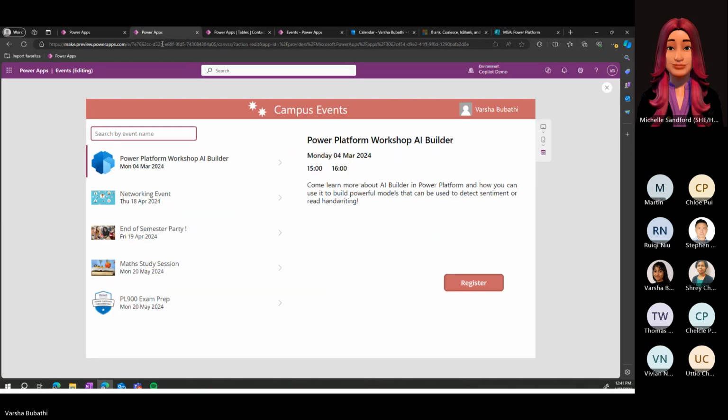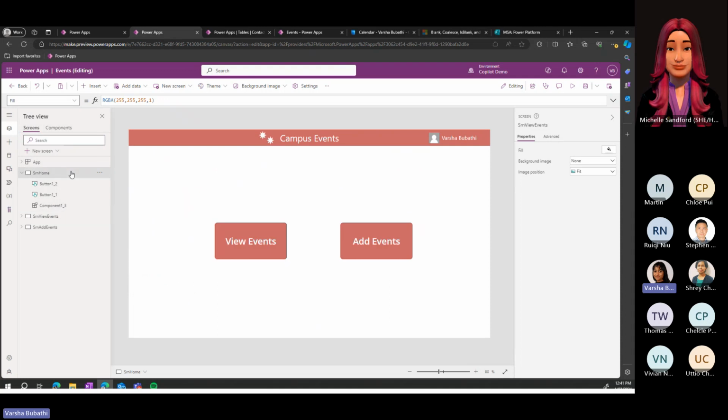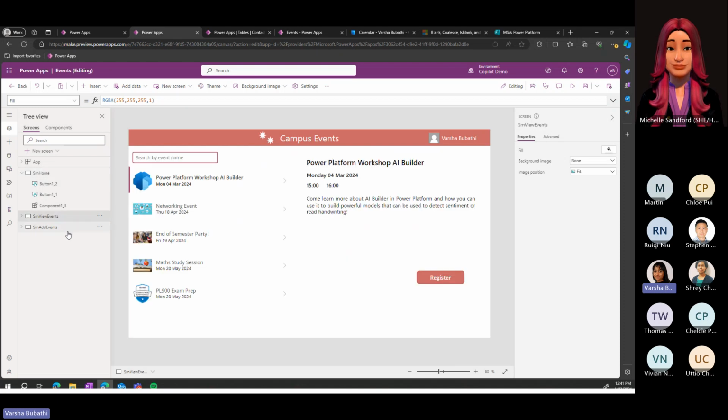So this app probably took me an hour to build, and you can see it's pretty, and it has some basic functions. There are so many other features and capabilities you can add depending on your user requirements. For example, you might want to add a little sort here so that you can sort it by date,